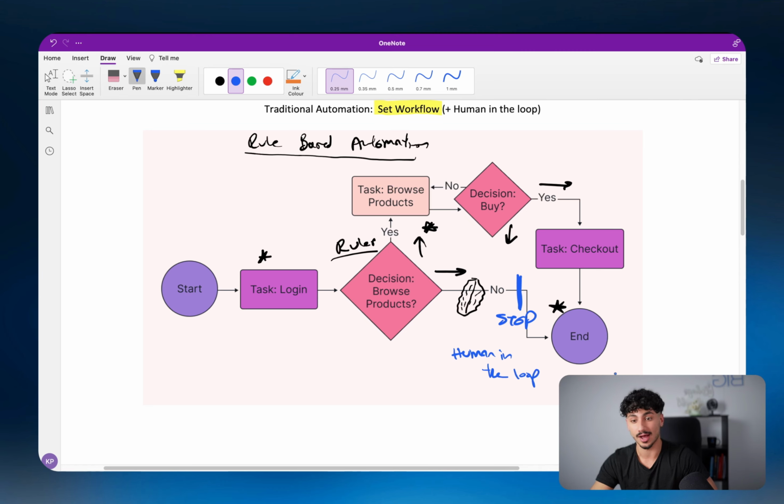But if it's a company that might lose $1 million if ChatGPT is wrong, then this is quite concerning. And so what we would have to do as automation builders is we'd have to put a big stop sign and get the automation to get approval from a human. So the human says, yes, this answer of the LLM is okay, and it continues. And if it says no, then it would either stop executing or something would happen, right? So this is what we call human in the loop. So traditionally we had a set workflow, and then with large language models being added to the list of technology that automation users could use, we had to implement human in the loop.